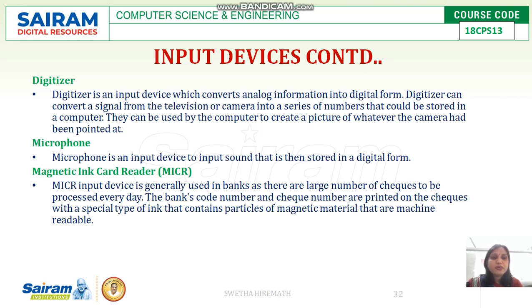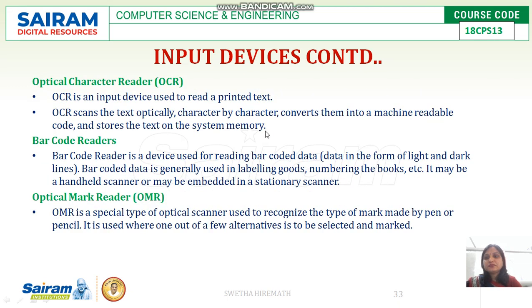Below the checks, there will be some things written, and that has to be identified and noted to the computer system which is present in the bank. So this will be taken care of by the magnetic ink card reader. Whatever is read, for example, the check number, the bank number or bank ID, everything will be displayed, read, and stored in the memory of the computer system by this magnetic ink card reader.